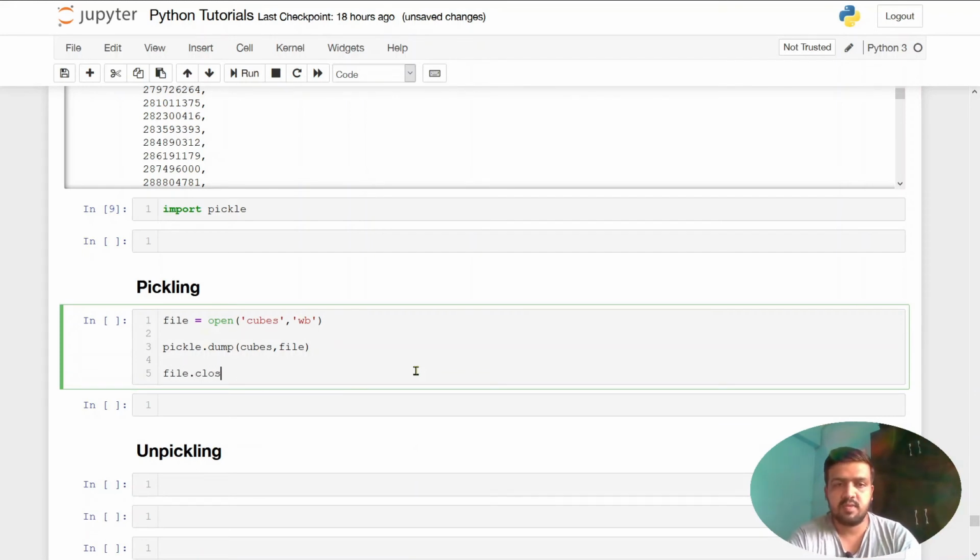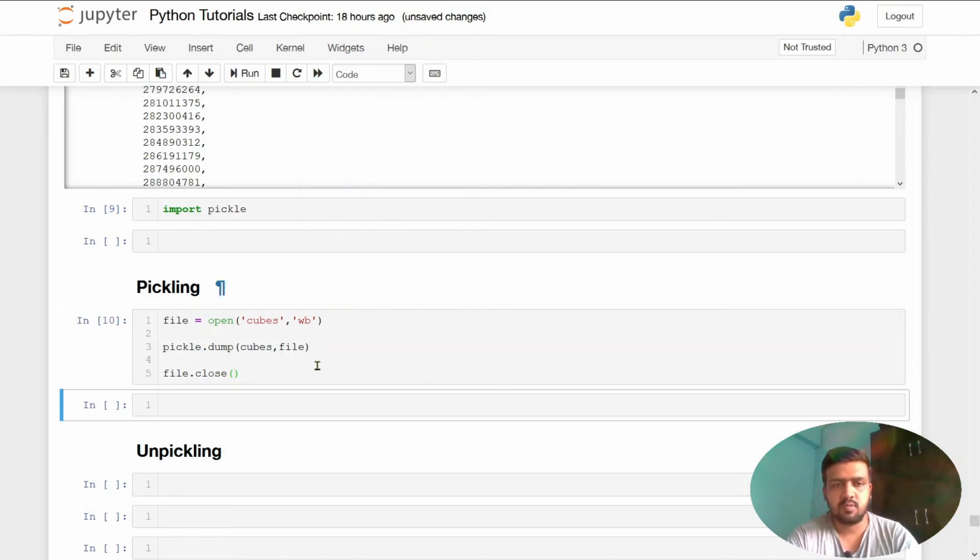Here it is very important to close the file, because whenever you open a file to perform any task, reading or writing, it is actually connected with your program, right? So if you make any changes, and if you want to save that change, you have to close the file. If you don't close the file, then you will not see the change in the runtime, right? So that's why it is very important to close it.